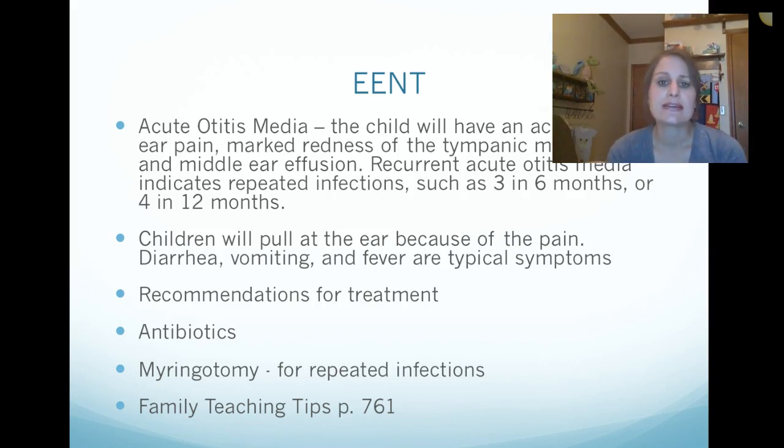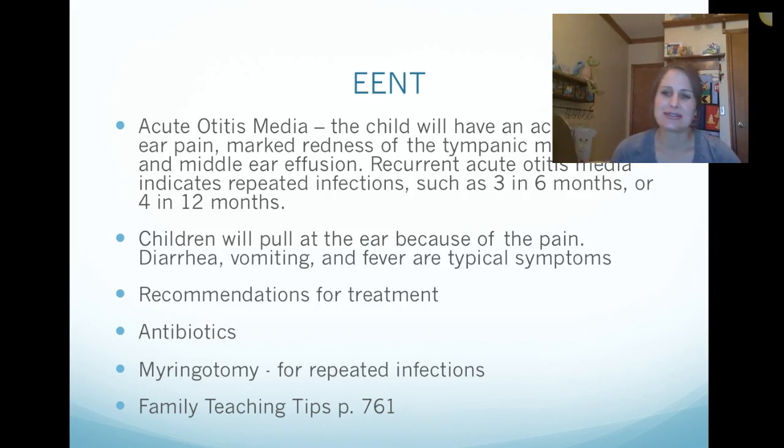With acute otitis media, the children will have acute onset ear pain, marked redness of the tympanic membrane, and middle ear effusion, and so we'll be looking inside their ear with the light, and we'll be able to just see this kind of redness, this effusion fluid in the ear. Recurrent acute otitis media indicates repetitive infections. If they've had 3 in 6 months or 4 in 12 months,